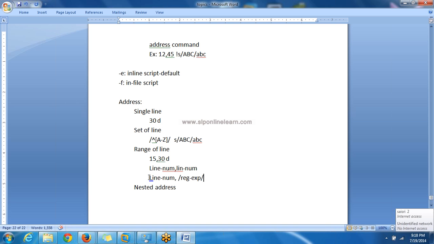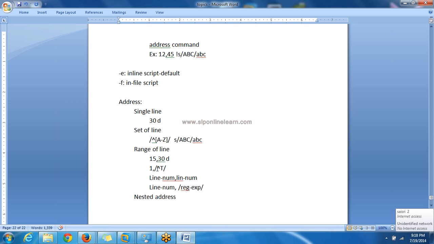So the sed command execution starts from this line number and continues till this regular expression match is found. For example, start from the first line and whenever you find a line beginning with the character T, stop executing the sed command.